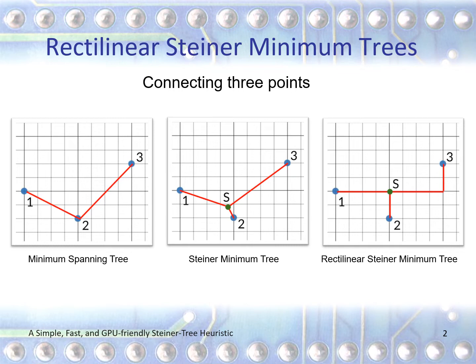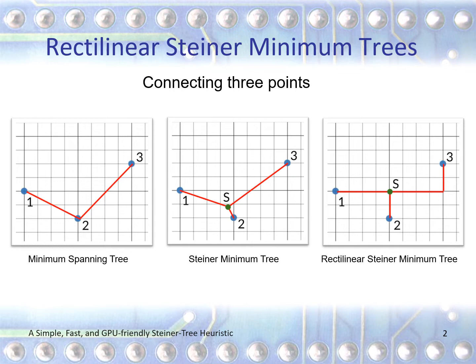The leftmost example is a normal minimum spanning tree that we've all seen before. We connect the points 1, 2, and 3 with the minimum edge length possible. The middle example is a Steiner minimum tree. Steiner trees can reduce edge length over an MST because they can add these special points, shown here in green, called Steiner points. These Steiner points allow for edges to share some of the length from one place to another, and in this case, 1, 2, and 3 are meeting in the middle, therefore decreasing the edge length over the